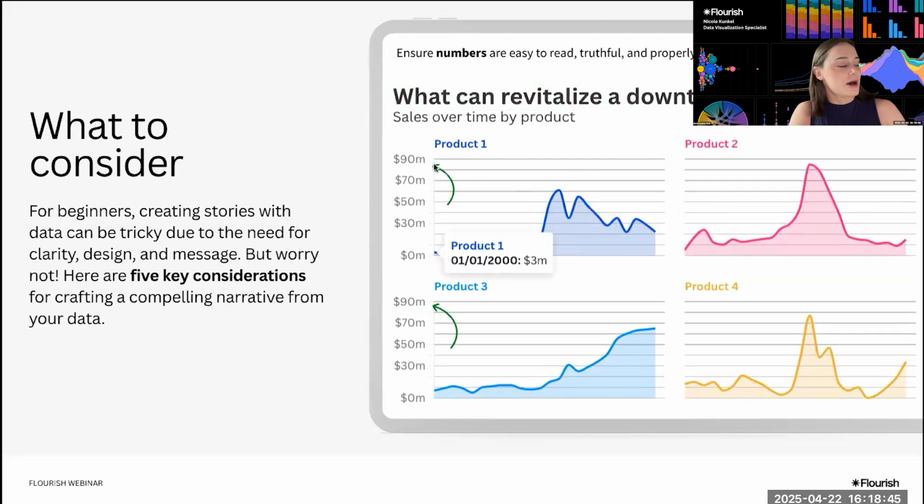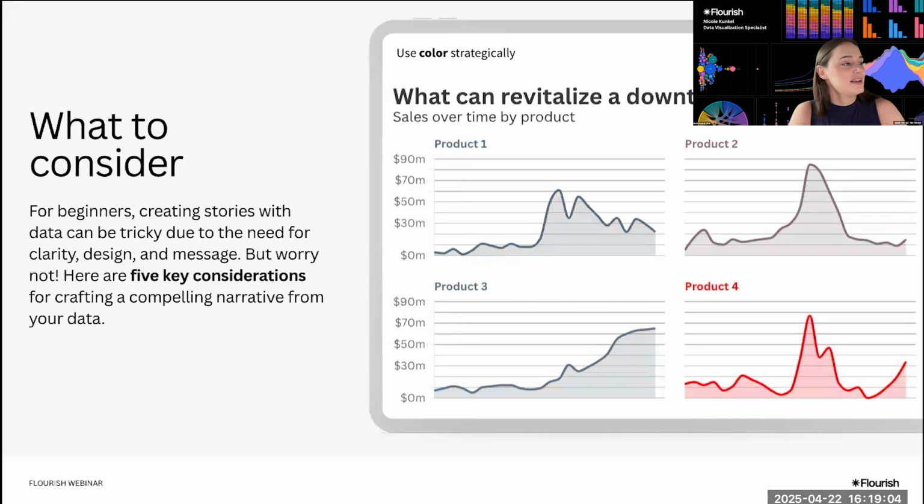And now I'm talking about millions of dollars. So I'm going to format my numbers on the y-axis accordingly in a way that's going to make a lot of sense for my audience. I don't want a bunch of trailing zeros. That can take up a lot of time trying to make out what exactly that number is. Using color strategically, which I spoke to earlier. So using gray and highlight color. And then I'm adding that annotation right here as well.